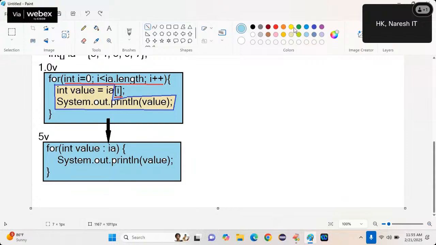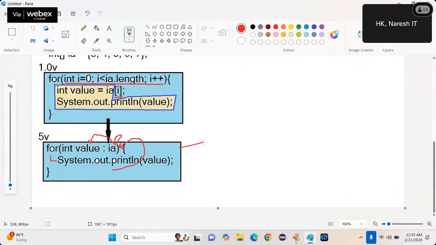I want to tell the compiler, inside the ia pointing array, there is an element. Please take the first element and then store in this value. Again, you repeat this process, execute logic, and repeat this process for each element available in this array.